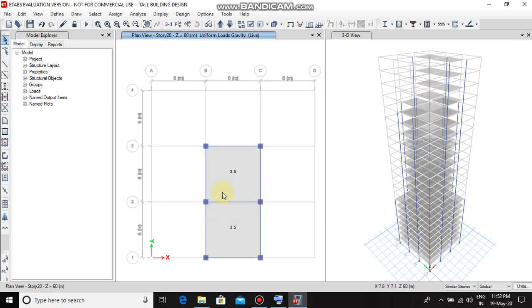After this, we have to provide the cladding loads. Now again, move to story 1.